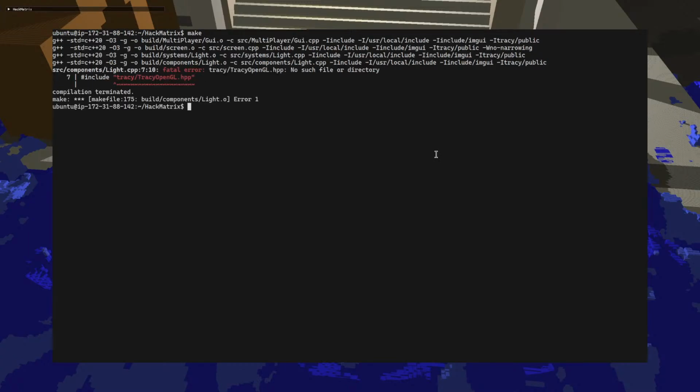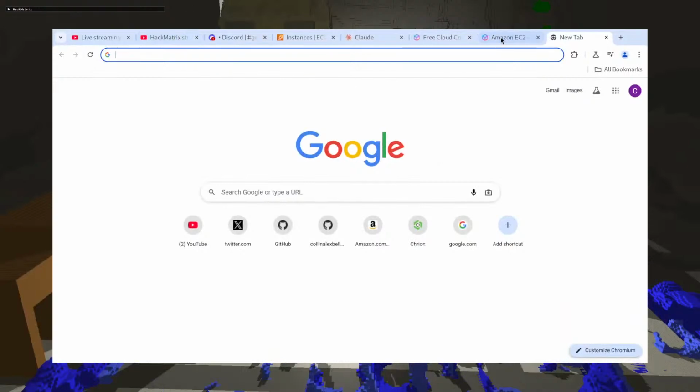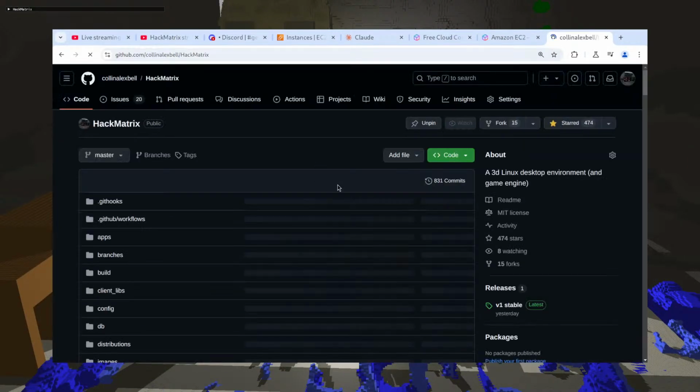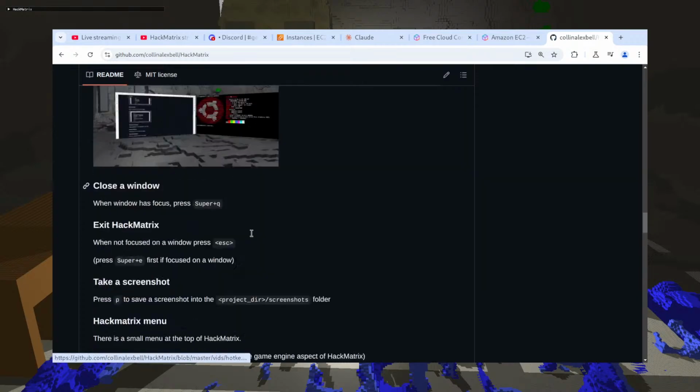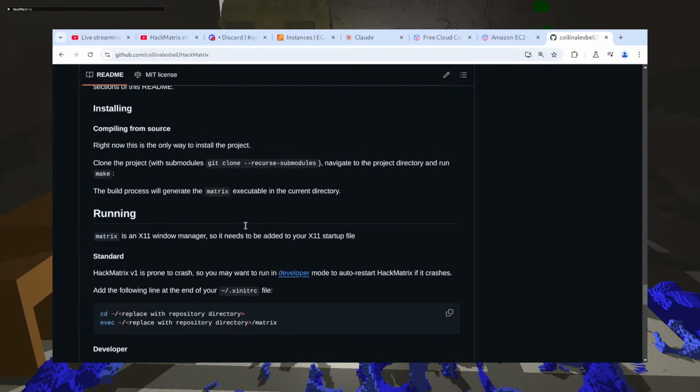Oh, got it. So I need to go back to HackMatrix, and I need to init the submodules.